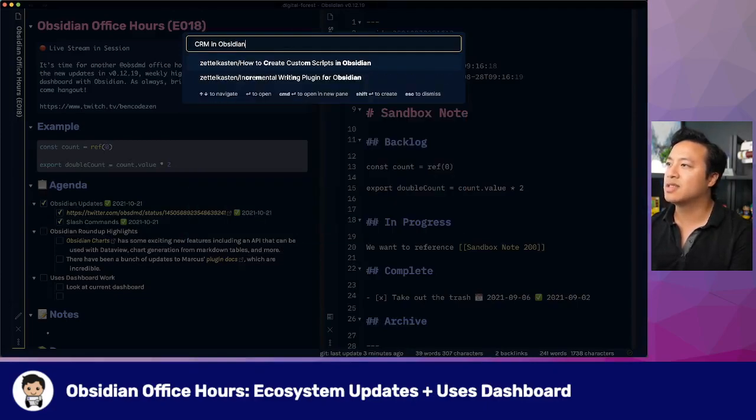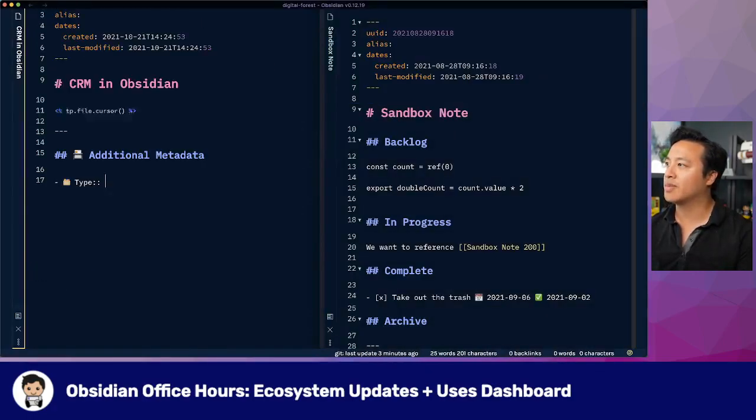CRM in Obsidian. Because here's the thing: when you're in Quick Switcher, it opens a new pane. I don't want to open it, I want to create. I really wish there was a shortcut for creating a new pane, because I don't like overriding my current note. But anyways,